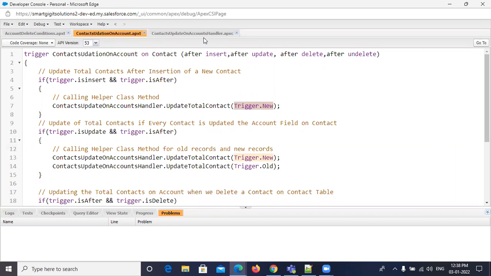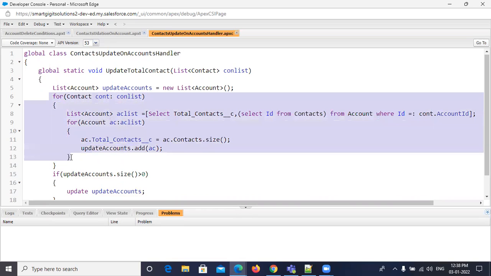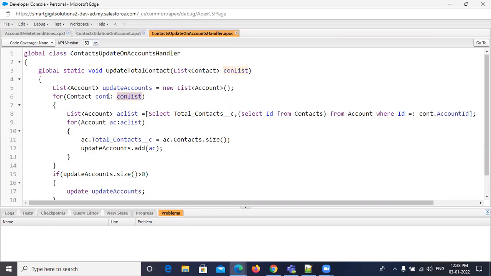Those contacts are stored in this contact list. Here I am creating accounts. Look here, one account list. Okay, using that contact list, I am iterating a loop. Okay, every contact is